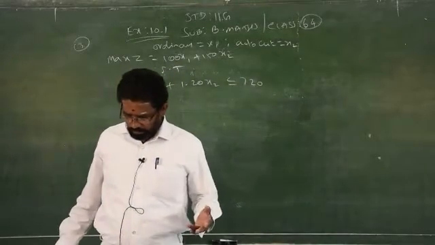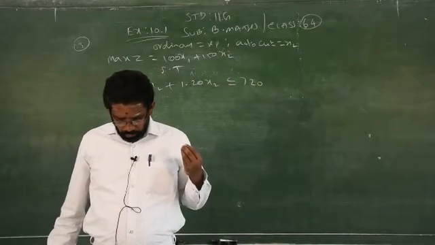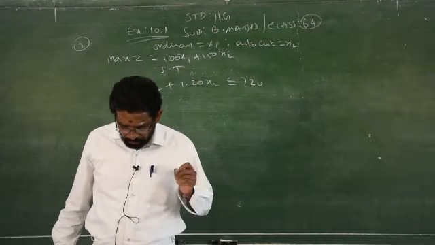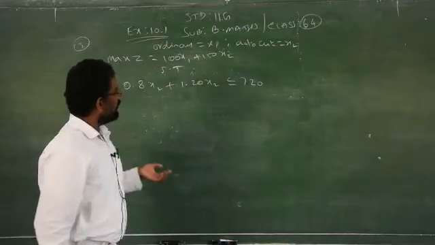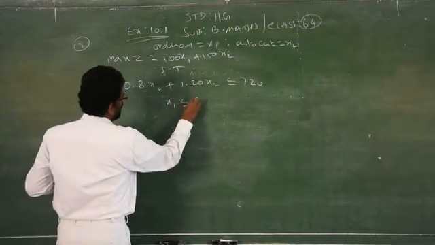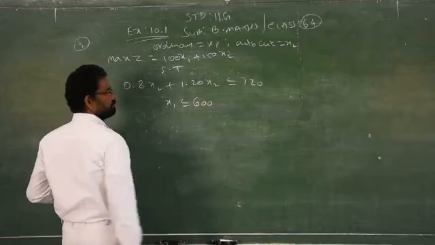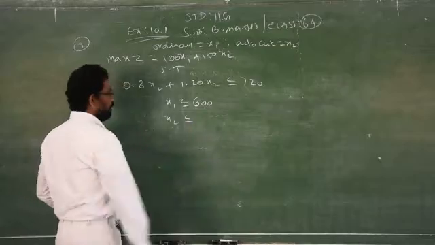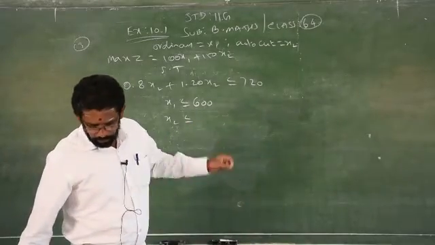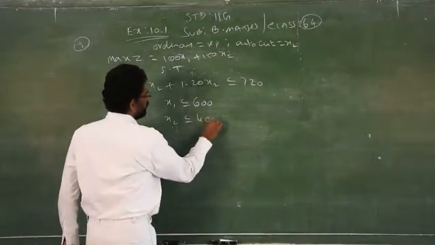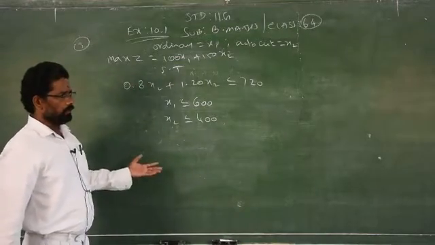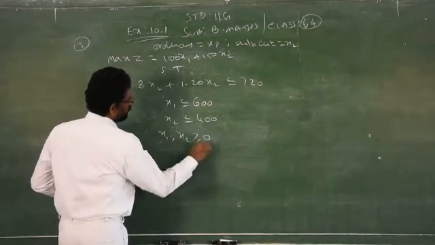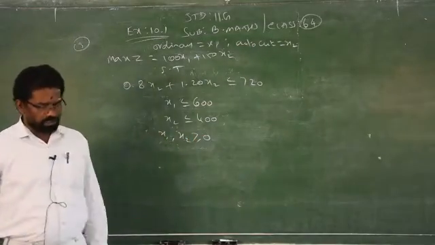What is the next equation given? The market for the two models has been surveyed, suggesting a maximum weekly sale. What is the maximum sale for X1? 600 maximum, minimum 0. Similarly for the AutoCAD stabilizer, the maximum is 400 units per week, minimum 0. As usual, X1, X2 is greater than or equal to 0. This is the equation for question number 3.